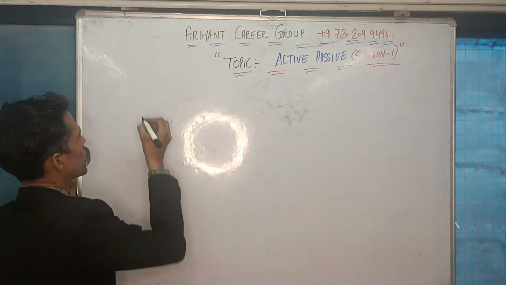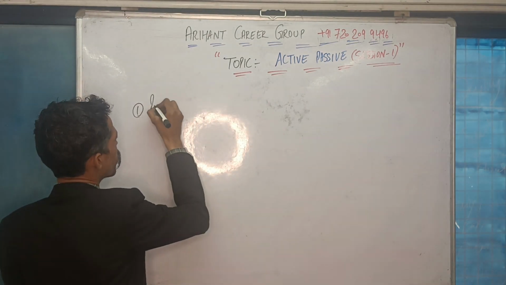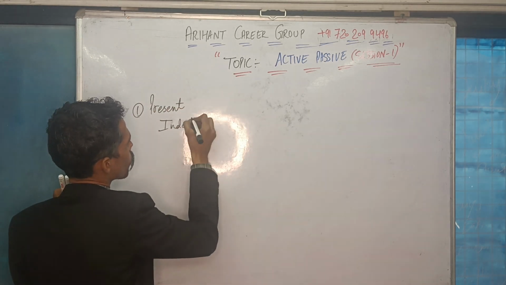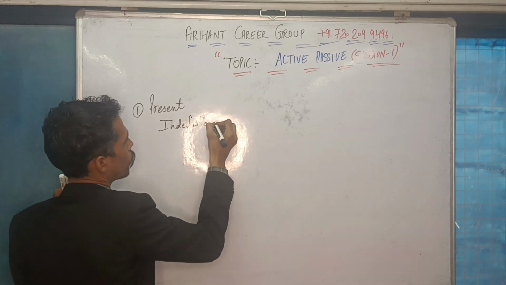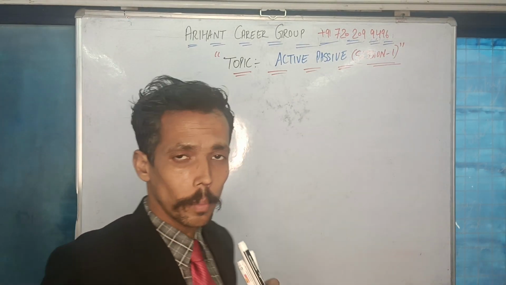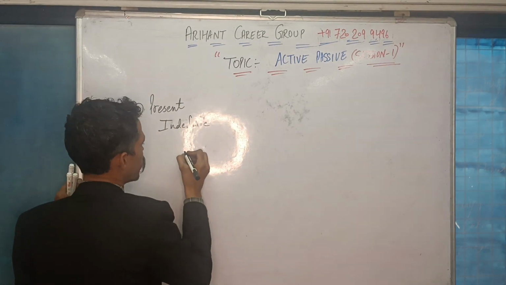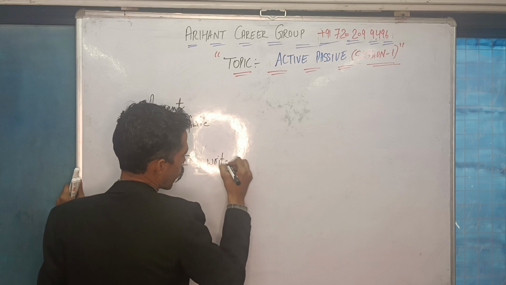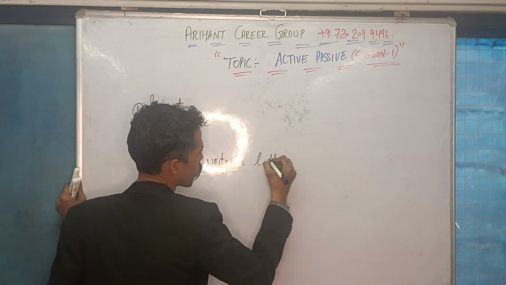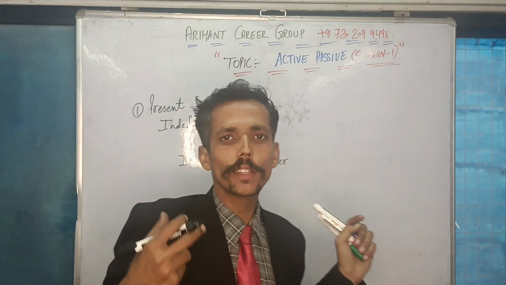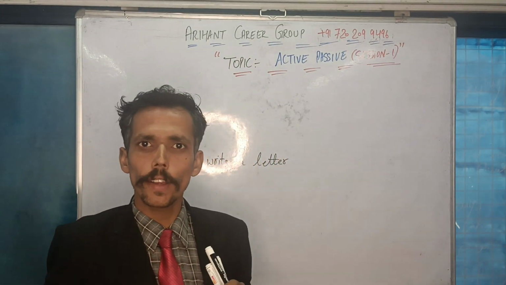So the first tense here is present indefinite. What happens in present indefinite? When you find a sentence, you will be having such examples in your mind. Suppose I write a letter. Now the question here is, when you are going through the first rule, that is present indefinite,